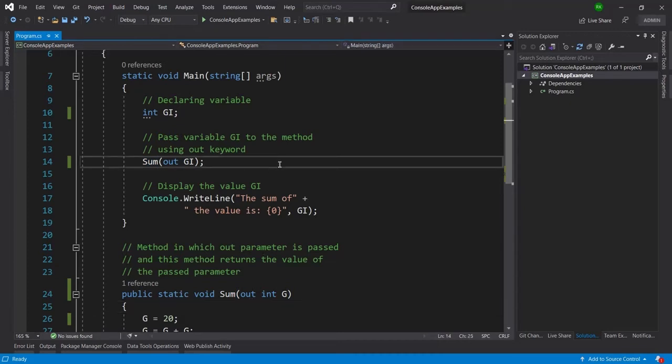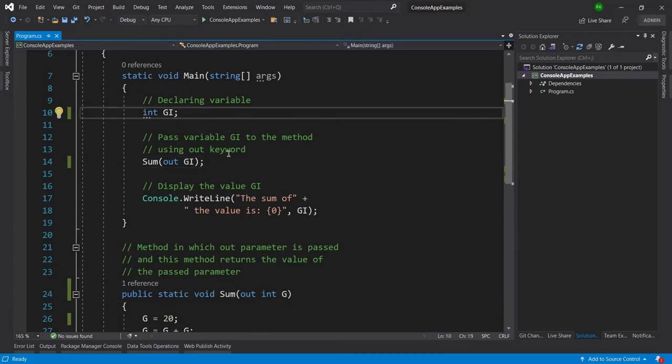But in out we cannot pass the value from the main method to the sum method. Suppose I put 2 here, then when I pass the variable from here to here, the value of 2 will not be passed, and it will never be passed if I use out. It will be passed in only one condition, when I use ref.